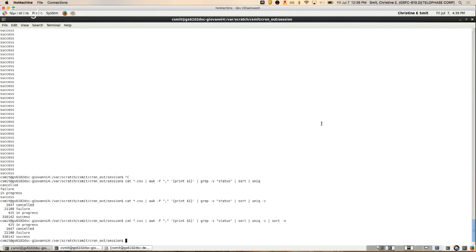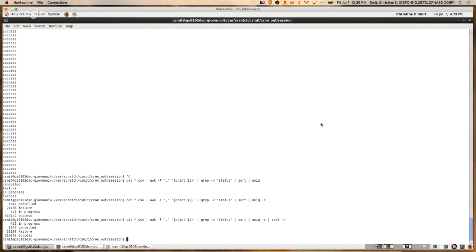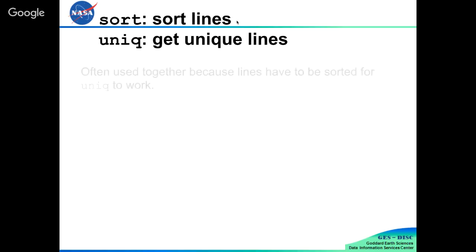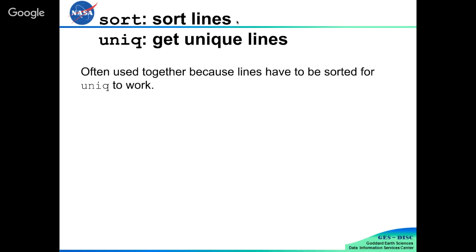Do you need that first sort for the unique call? You do, yeah. Unique expects things to be sorted. I use this all the time, this sort, pipe to unique, pipe to sort. Right, so the lines have to be sorted for unique to work, at least as far as I know.